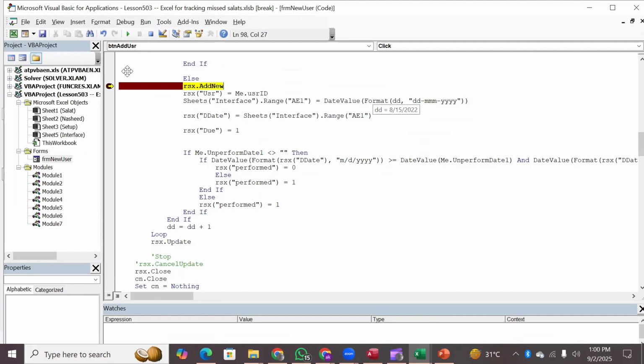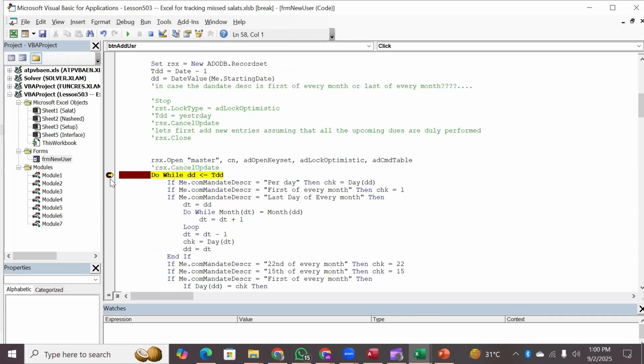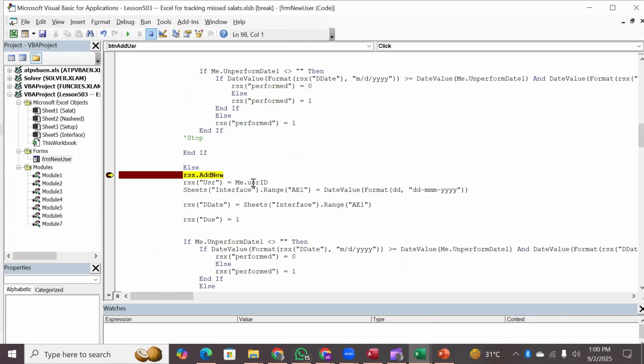Okay, so we click here. This is the next loop. Now it is checking. Let it check. And we are only concerned that when the record is being added into the master, it has to be the 15th of every month, right? So this is getting 16. Instead of 15, it is getting the 16th of August. So it should not